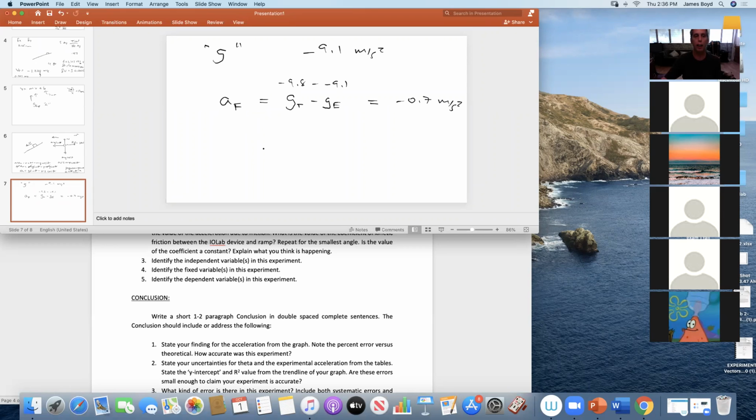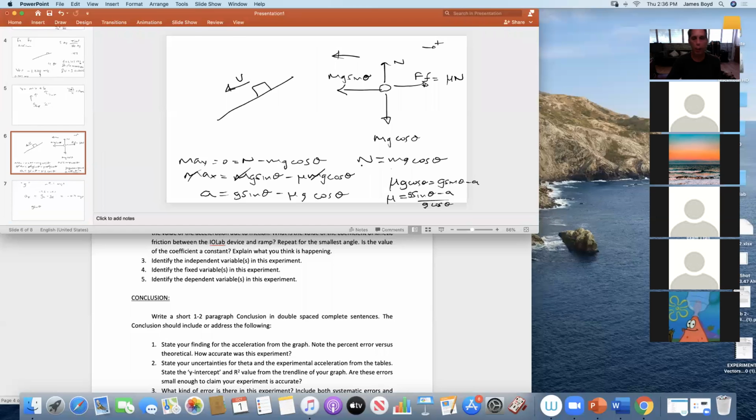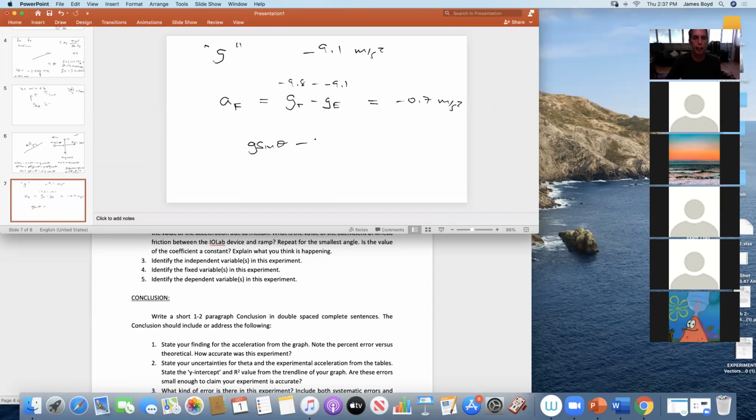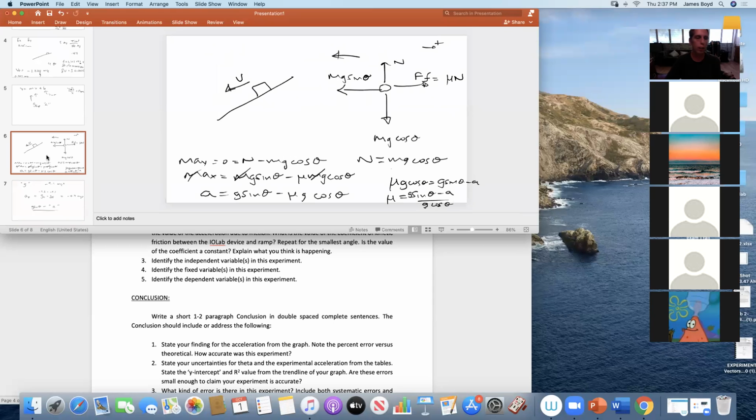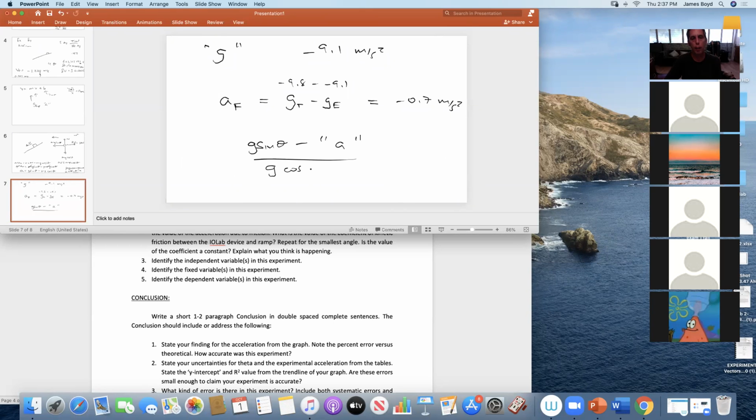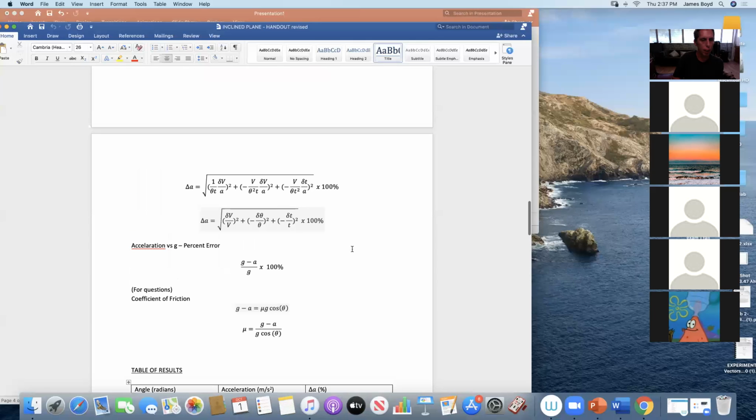That's how much of A. That is actually G sine theta, okay? If you look here, that is your A, not your G sine theta. G sine theta minus your A, okay, over G cos theta will give you the coefficient of it, okay? So once you determine this A from this stuff, you can find this. I believe, did I do that right? I did the math this morning and I'm